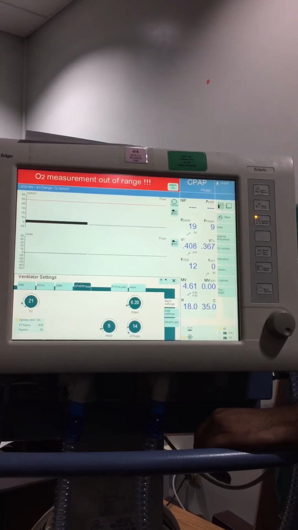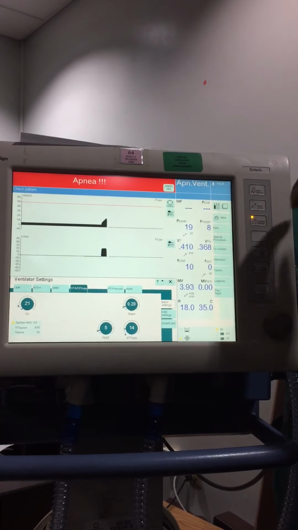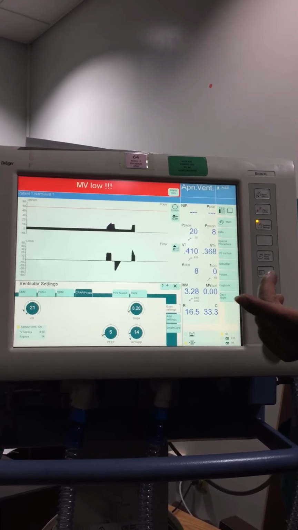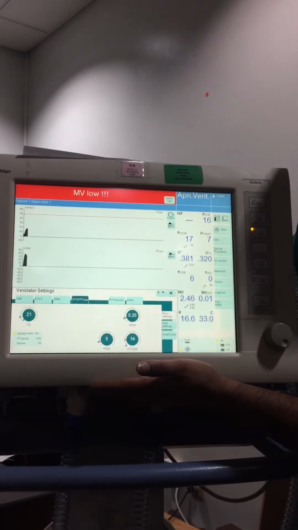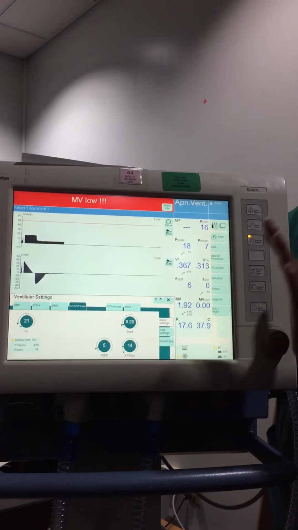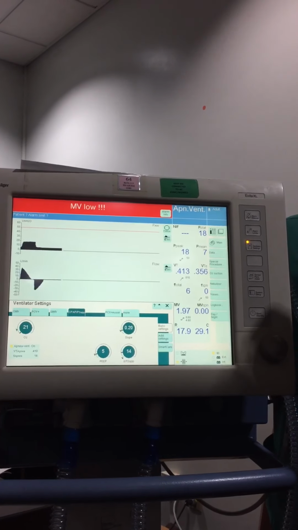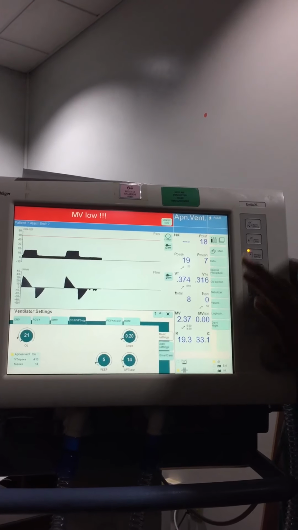You started with the patient on CPAP. I told you, in CPAP everything is based on the patient: tidal volume, rate. He can decide whatever it is. But on the ventilator, you are giving only FiO2, PEEP, and pressure support. That's it. You are not setting any tidal volume, rate, or anything like that. So here you set it.